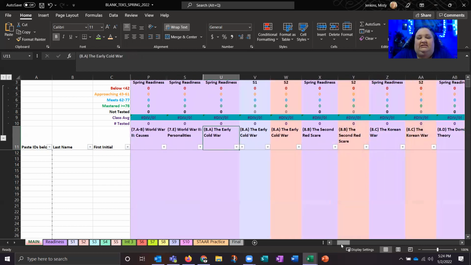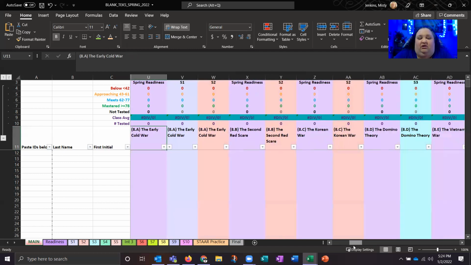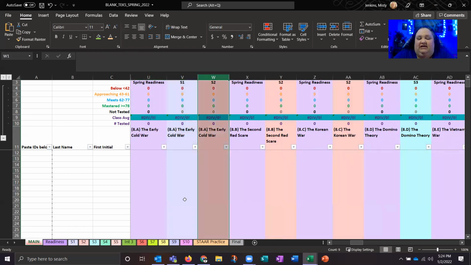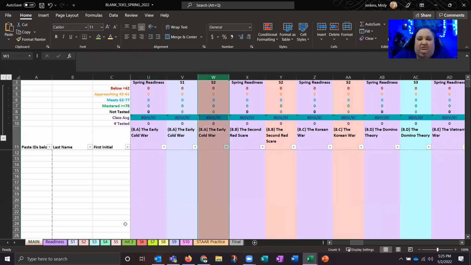The ideal way to look at this would be, for example, here on week 8A, TEK 8A, I'm sorry, it's covered on the readiness, it's covered on snapshot 1, and it's covered on snapshot 2. Now, the reason it's set up like this is so that you can see the growth between the readiness, snapshot 1, and snapshot 2. Because the students are taking this multiple times, you want to be able to see from the beginning of the semester to when they take the second or third time,